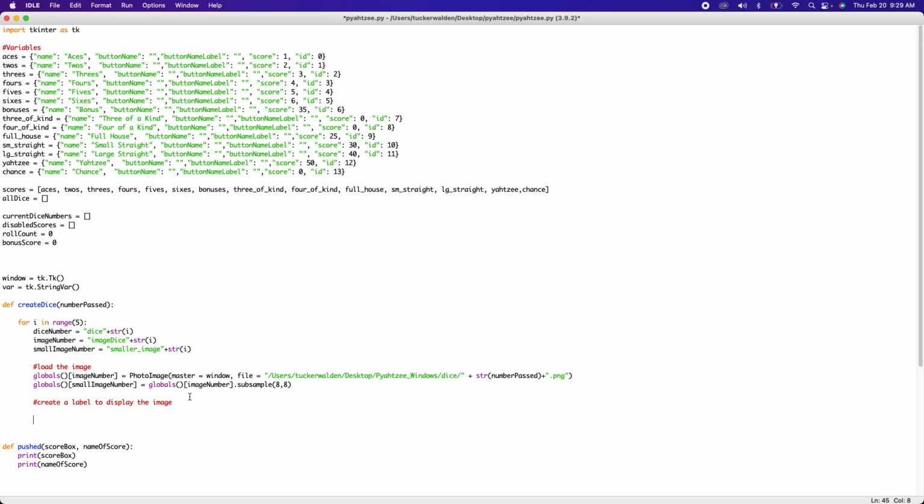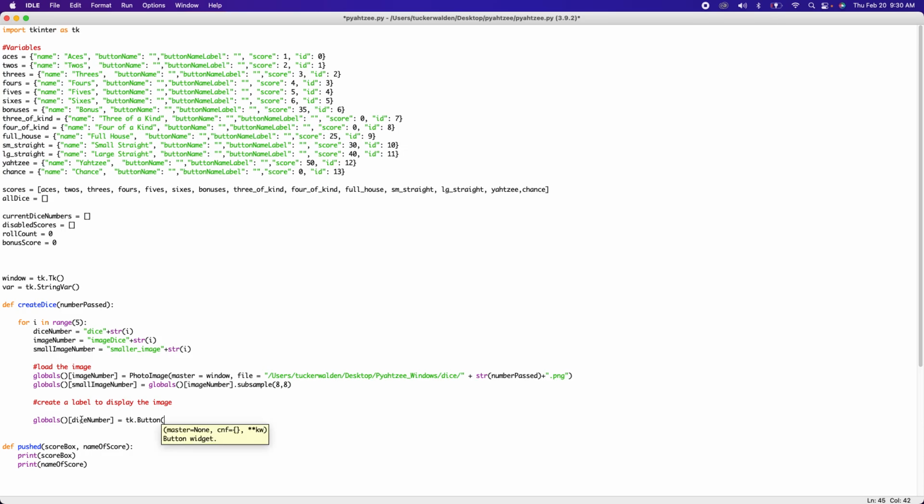So now we're going to do our normal globals, and we're going to do dice number. So dice number is the heart and soul of our variable here, because this is what all the dice will be called, tk.button. So there's our button,